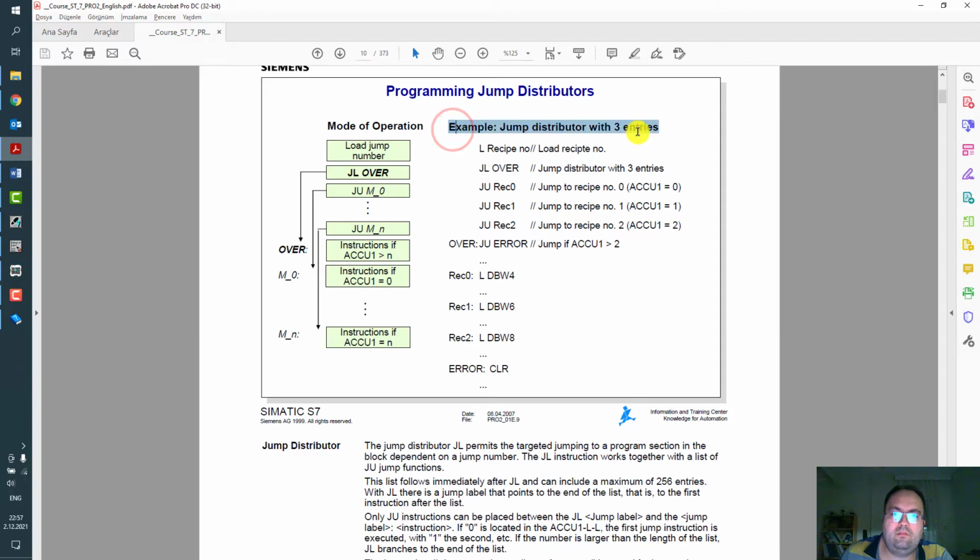As an example, there are 3 distributors, different locations inside your program.